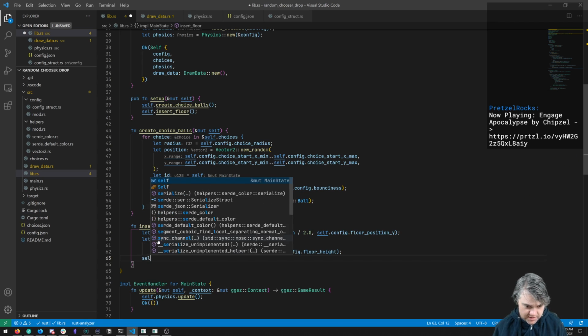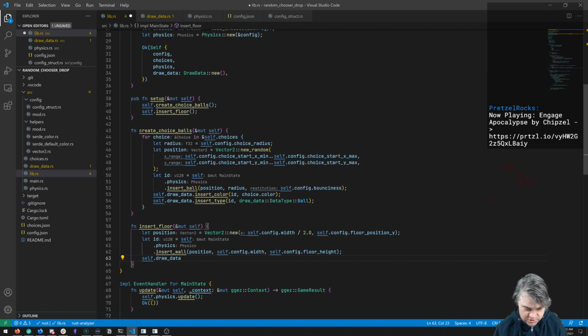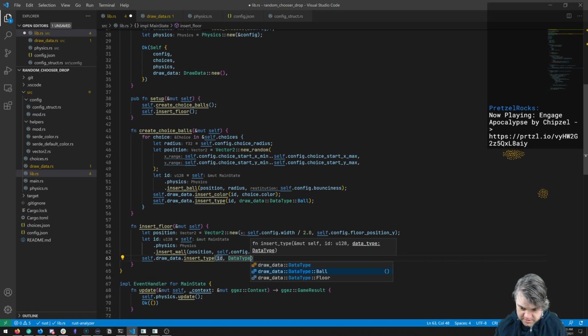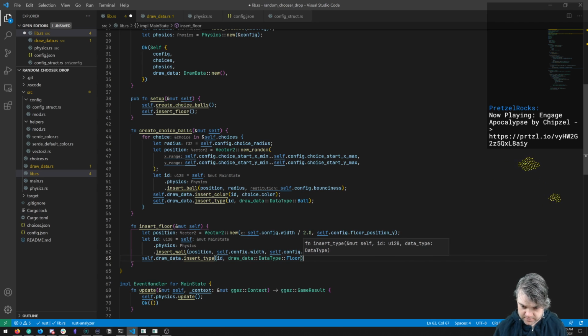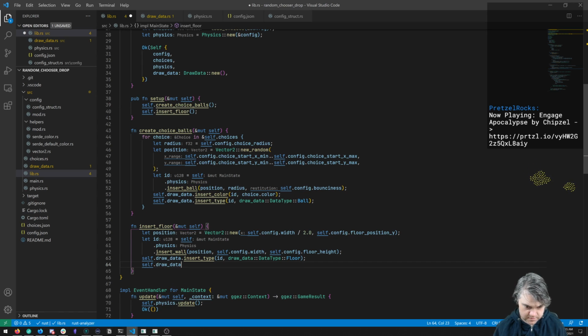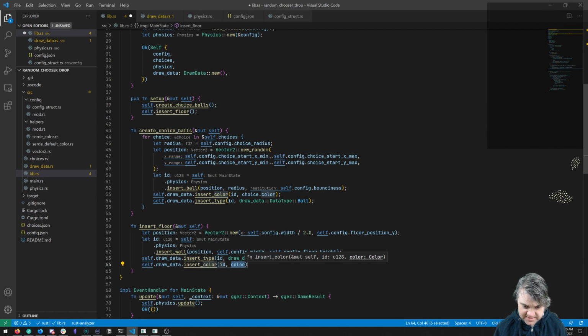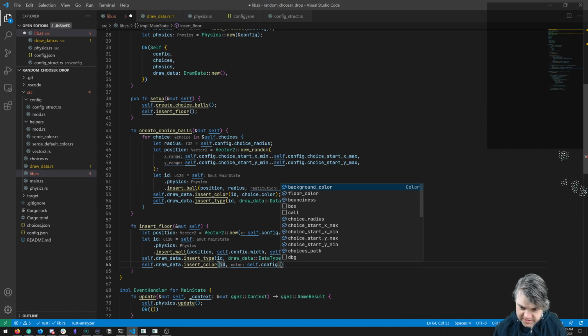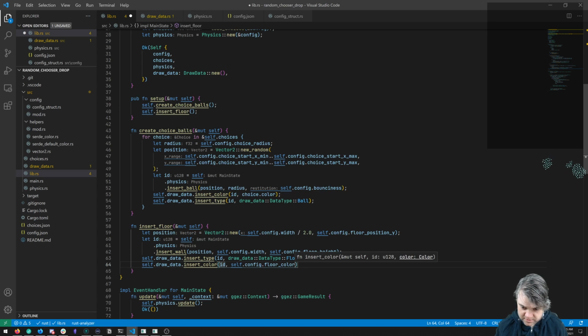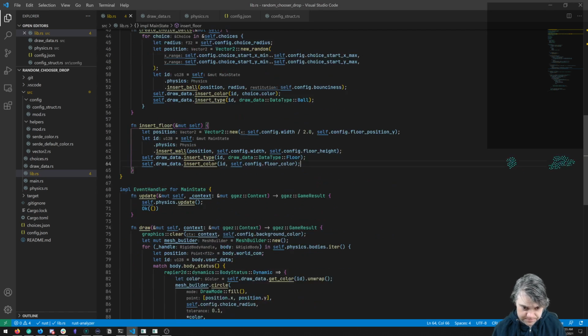So we can just do self.draw_data.insert. We can do type first. This is going to be our data type, here a floor. Insert color, ID, and then this is going to be self.config.floor_color. Okay, so by getting those both in,